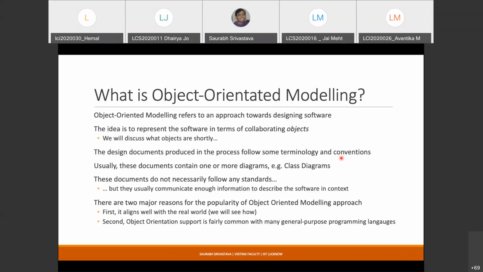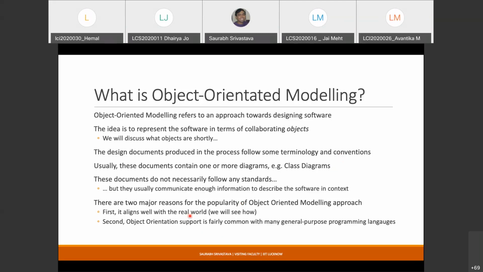This is the idea. If you study UML, it is kind of a standard, but even if you see non-standard diagrams, some of the terminology still gets borrowed in the non-standard diagrams as well. So once you understand how UML works, you'll probably be able to read through these documents. If I give you a design document, you'll be able to read it and interpret it, and tell me, okay, this is what this particular diagram says.